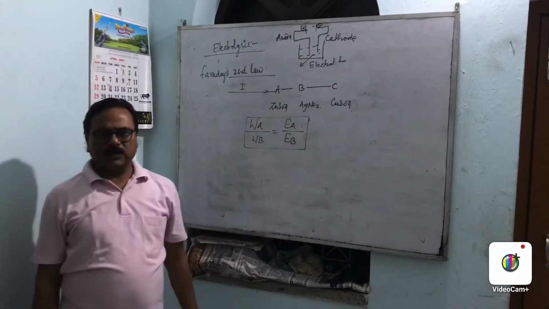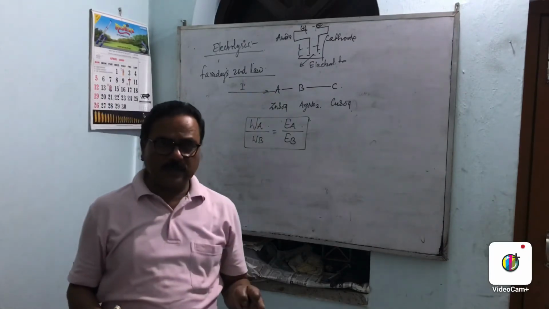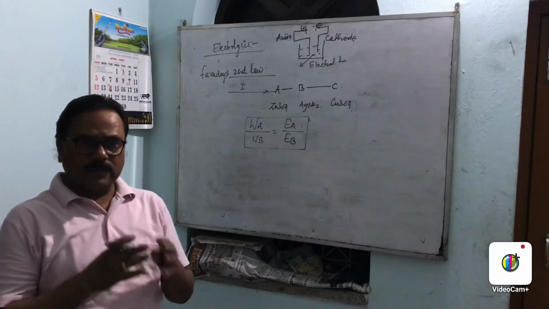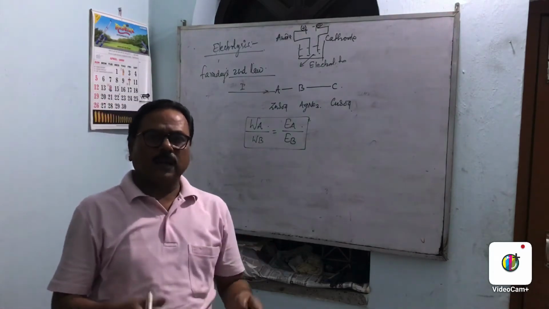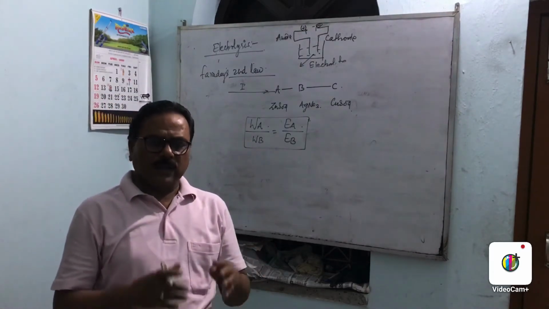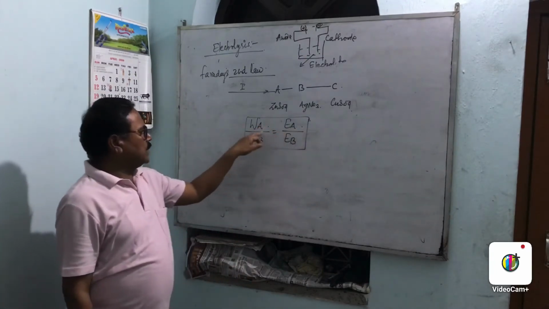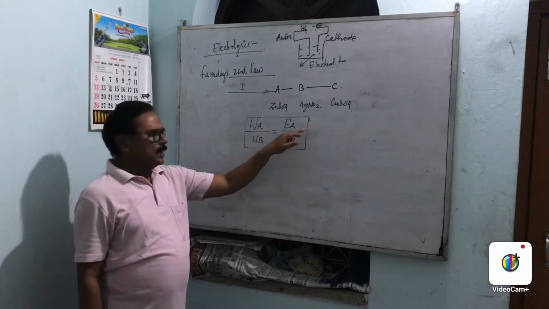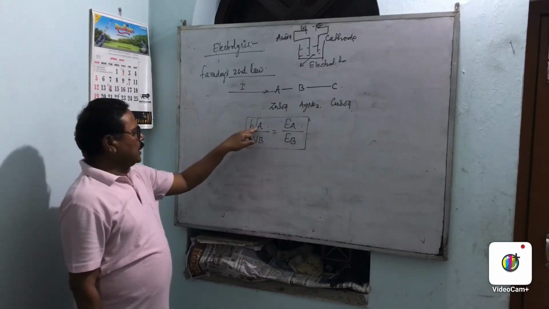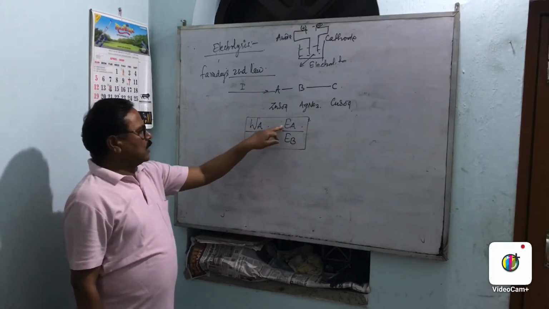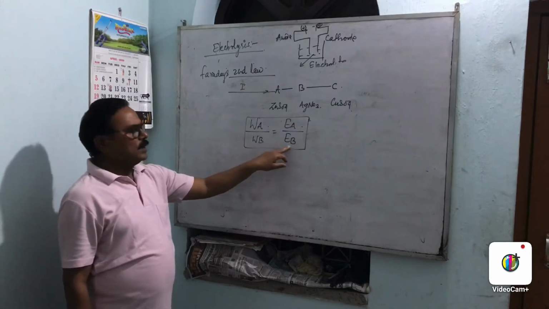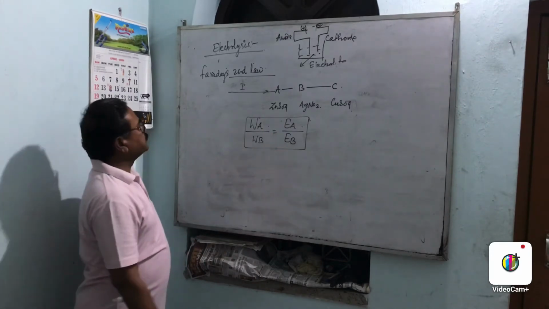When different electrolytes are connected in series and the same quantity of electricity is passed through them, then the masses of the substances deposited at the electrodes are in the ratio of their equivalent weights. Mathematically, WA by WB is equal to EA by EB. Suppose